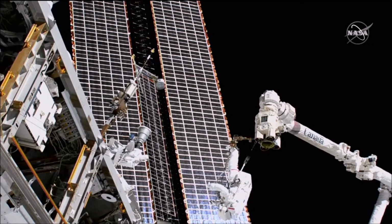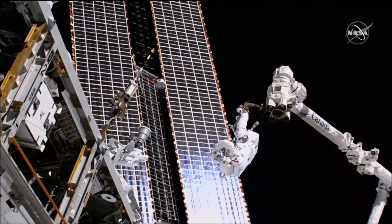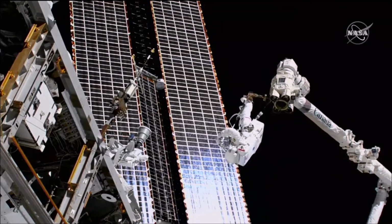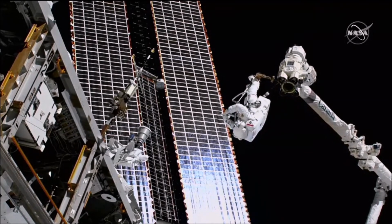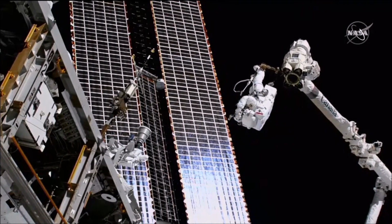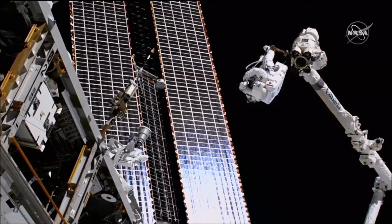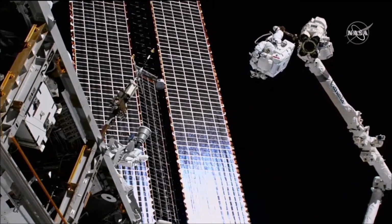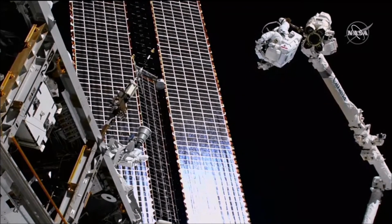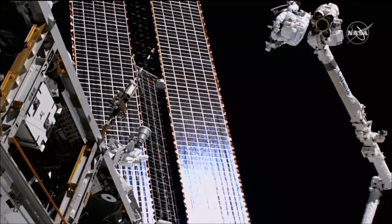All right, NGCA. And Tom, we copied your go for SASA power up, so we're working that now. SASA RFG, we're all listening. So I have a good view of what would be the nadir face and then the larger surface area face that faced outboard when it was installed. Right now I don't have a great view of the most zenith face, but on the main area of the RFG that would face outboard when installed, there's